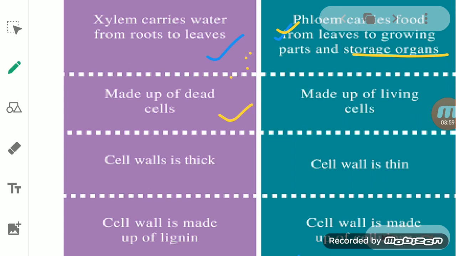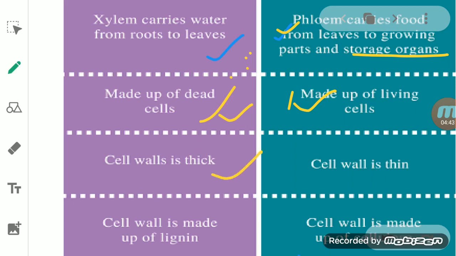But in the case of phloem, students, although there are four elements, the companion cell has a nucleus and is attached to the sieve tube, which does not have a nucleus, it is enucleated, but it has living cytoplasm. So both of them are living. Also the phloem parenchyma present in it is a living cell. So phloem is made up of living cells, and xylem is made up of dead cells.